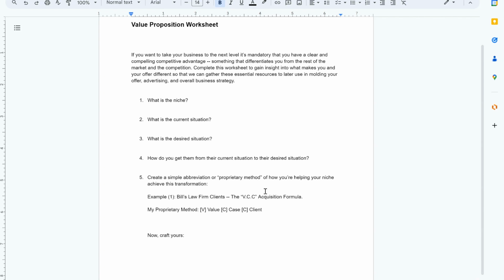Those are the type of things that we use. You can just put whatever you want inside of there. It just makes it sound more proprietary and makes people want to check it out and understand. Let me see what this VCC is, what this system's all about. And ours just stands for value client, value case client, whatever you want to say. But that's just a method that you can use.